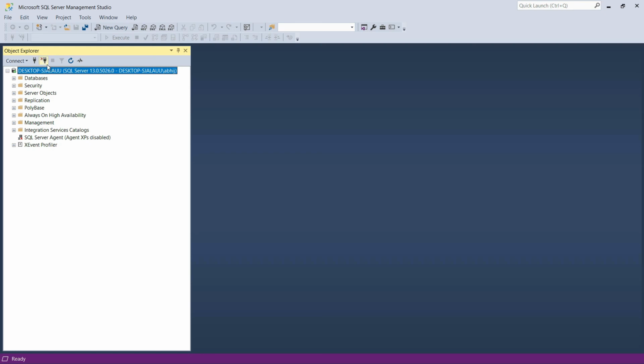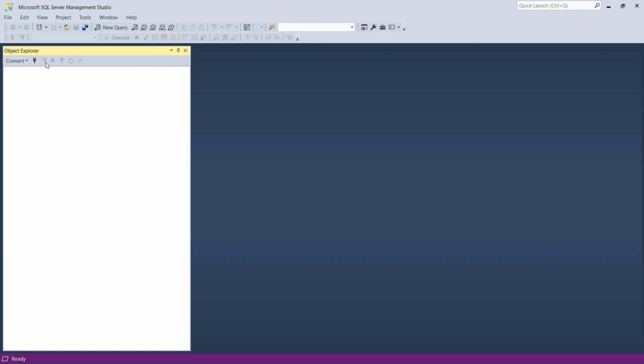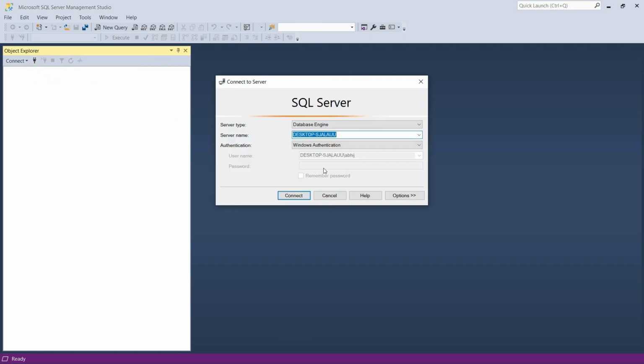Let me show you, if it were a named instance, how we would have connected. Let's try connecting again. We can connect to the default instance by just providing the name of the server. But let's say we had created a named instance with the instance name Abhijit. Then we would have written the name of the instance here as we stated, and that instance would have connected like this. But there is no difference in the functioning of SQL Server whether it is a default instance or a named instance.